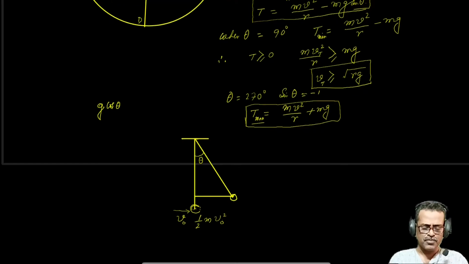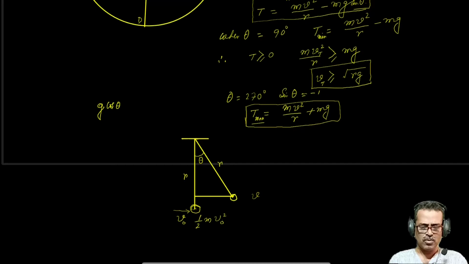With respect to the reference point, if it raises its height, then potential energy will be gained by the body and kinetic energy lost. Now, at any point, its velocity be v, tangential velocity obviously, and this is theta, and this is r, that means the radius of the circular path. So this is also r, and